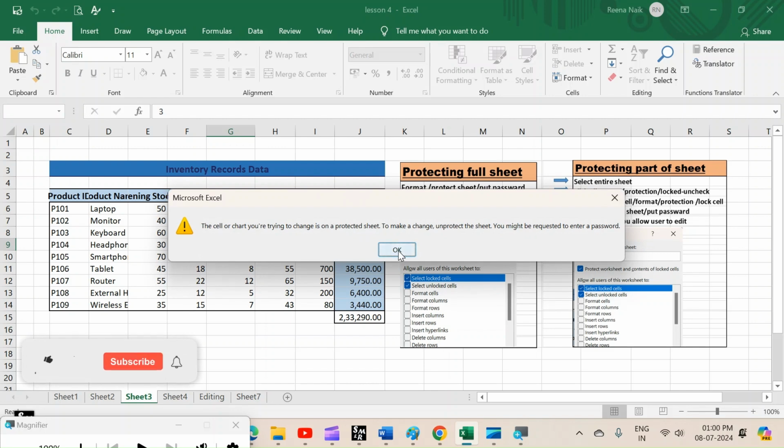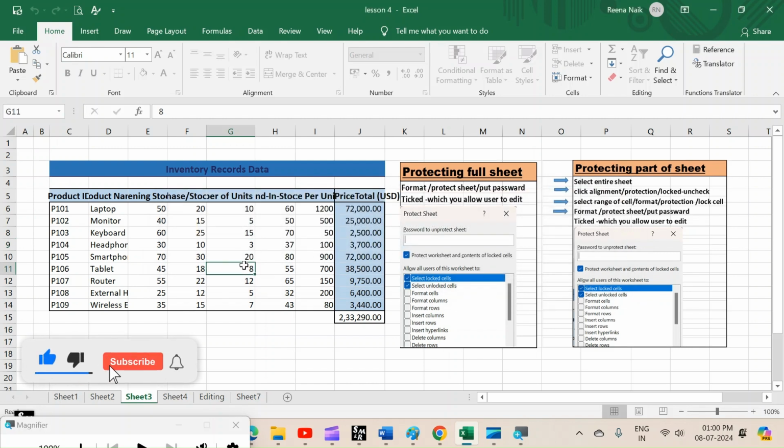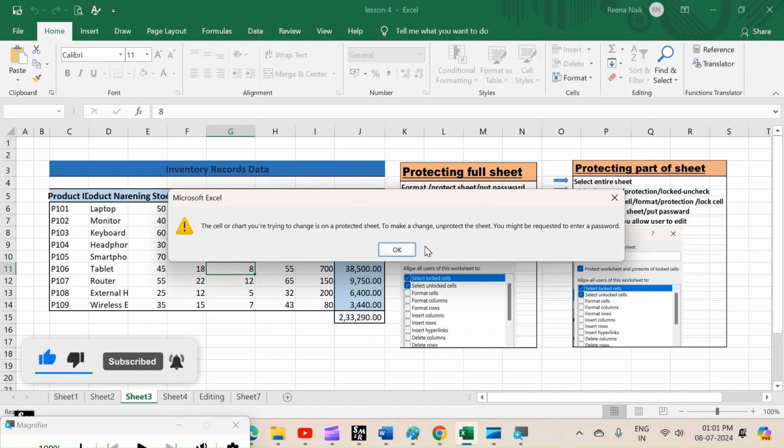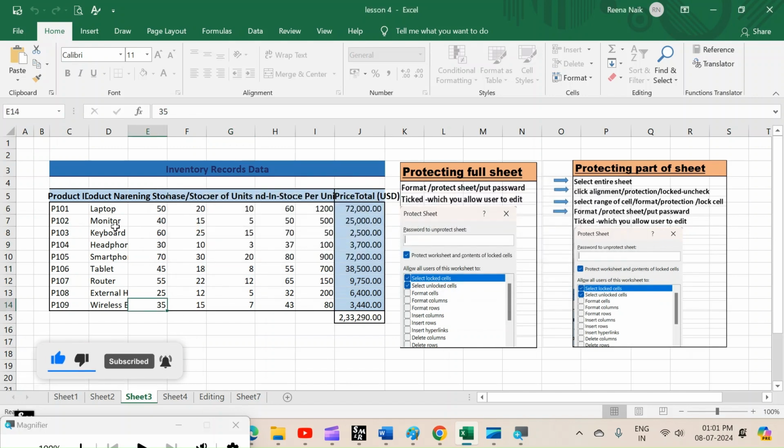Now you can see we cannot make the changes here, but we can make the changes here. For example, this is laptop. We can make the changes here. See, this is 3700. We can make the changes here.